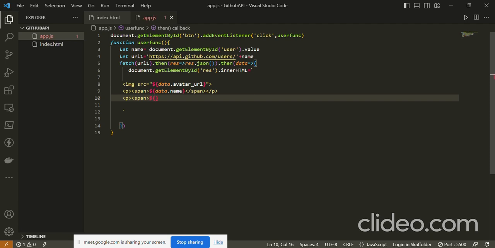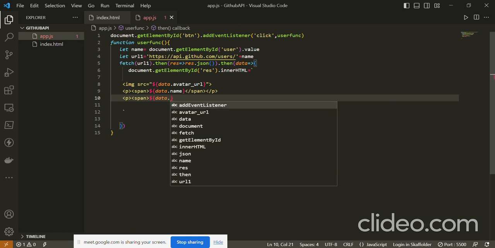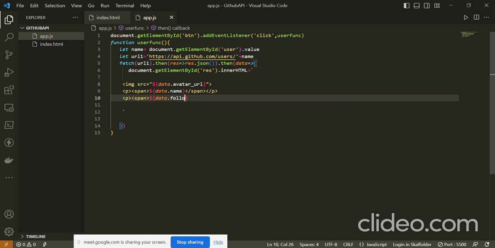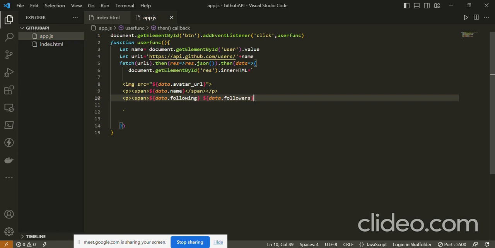So, data dot first the following, and then we display with a dollar sign, data dot followers. Okay,